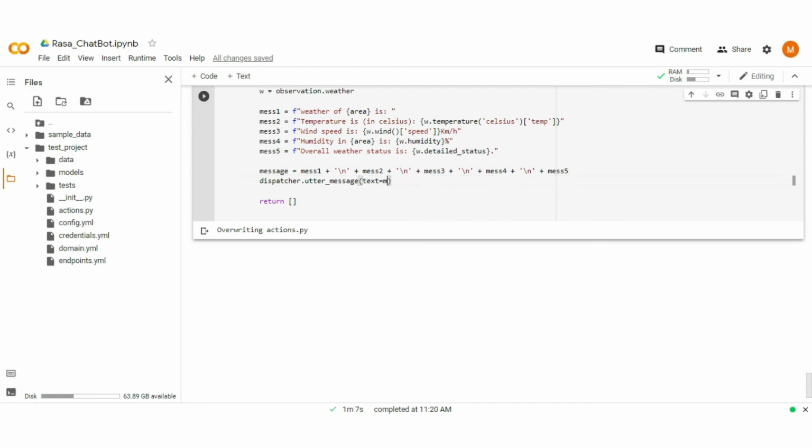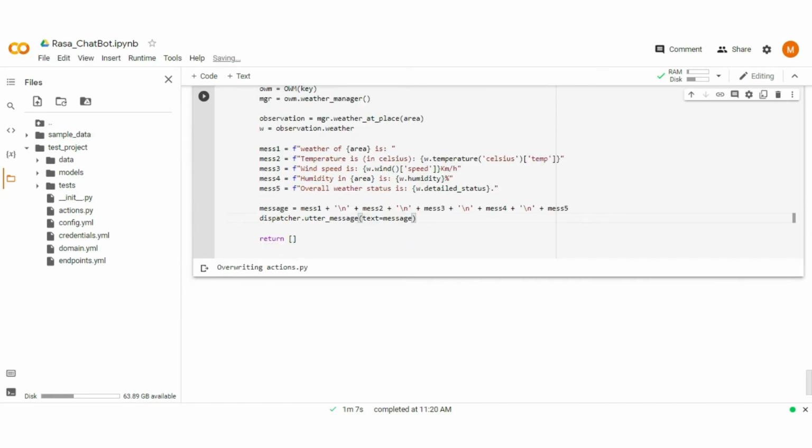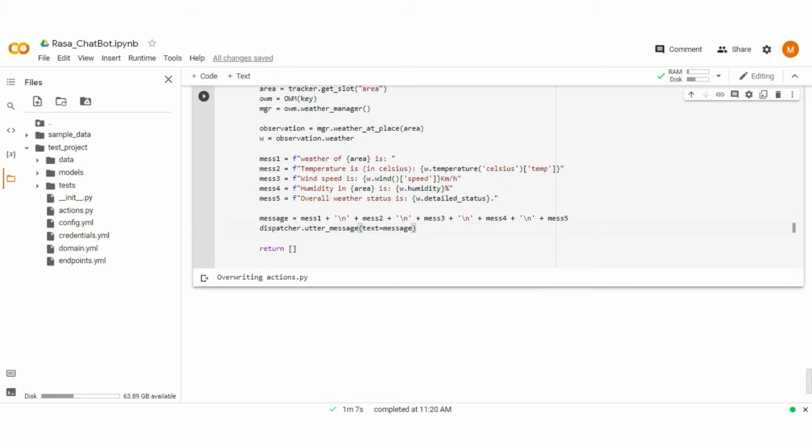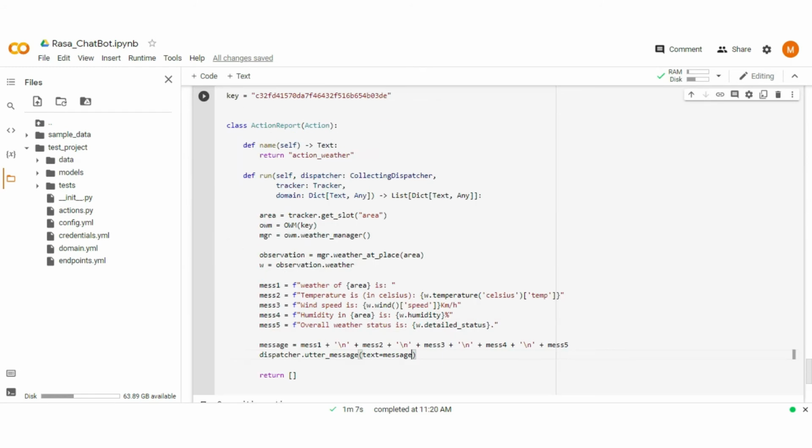Return the message. Our action weather is completed.